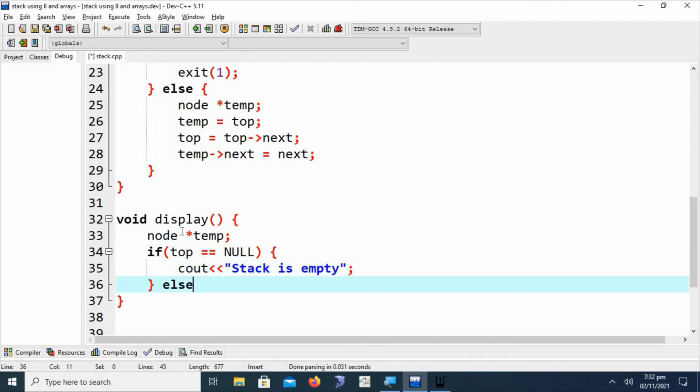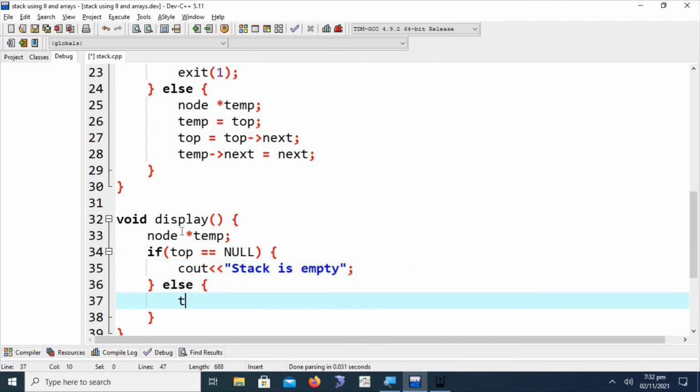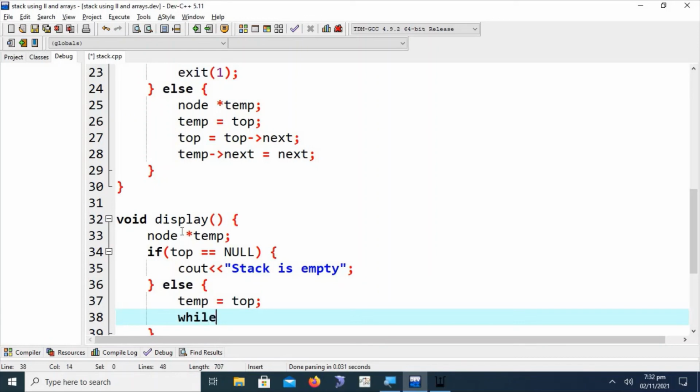Else, what will we have to do? We have to assign temp as equal to top, and while, because if the stack is empty or the stack pointer, or top, approaches the last node, then it will hold null, as we have already seen in the visuals.